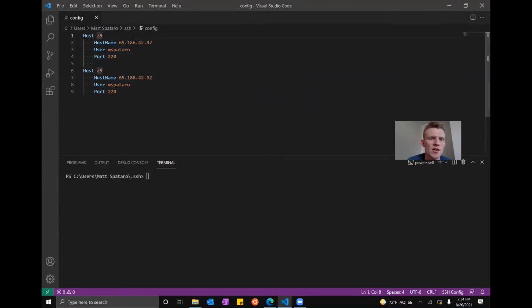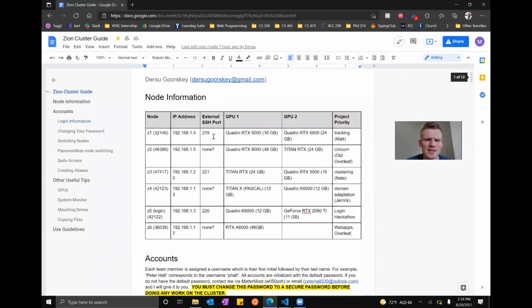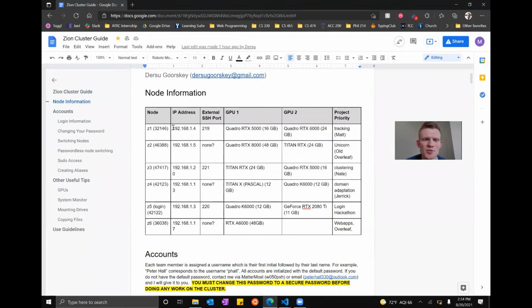And I'm going to say host Z1. And let's take a look at my cheat sheet. I don't actually remember the host name for Z1. So let's go back to that. And in this case, we're actually going to use these private IP addresses, because once we've connected to Z5, which is our login node, then these are visible to us. We can navigate to one of these IP addresses. So for Z1, it's going to be